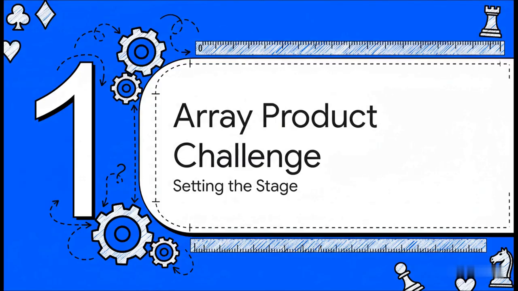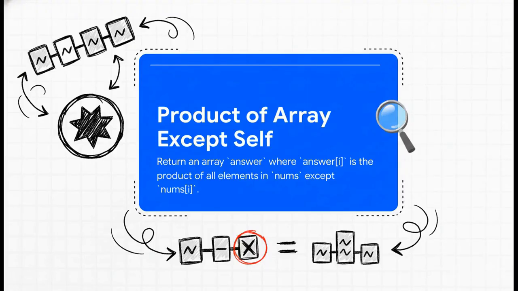Okay, first things first. Before we can solve anything, we have to know exactly what we're being asked to do. And in this puzzle, believe me, the rules of the game are everything. So the goal itself sounds pretty simple, right? You're given a list of numbers, and you have to create a new list. For every spot in that new list, the value should be the product of every other number from the original